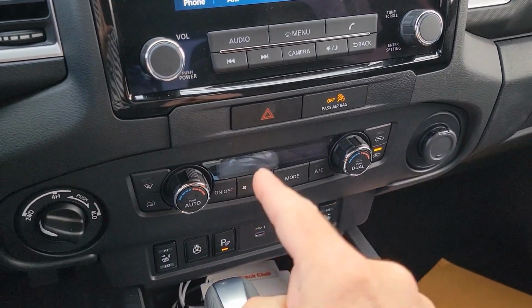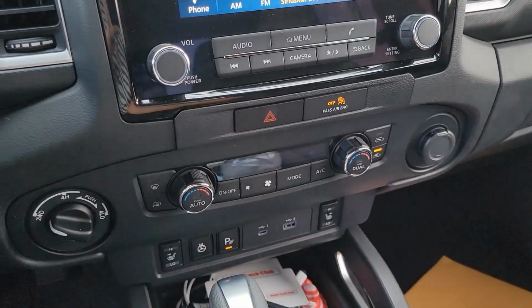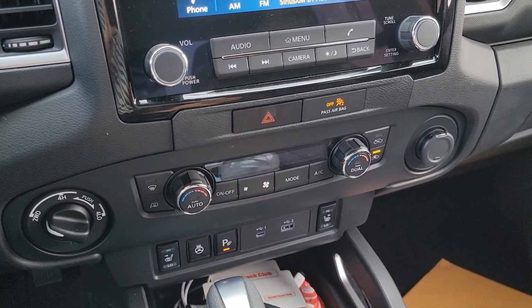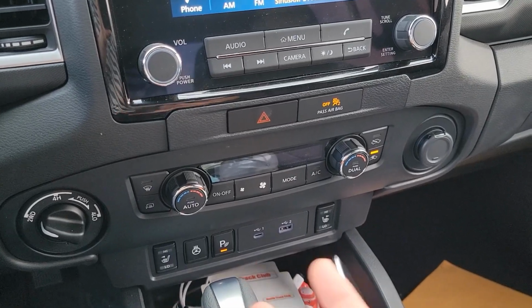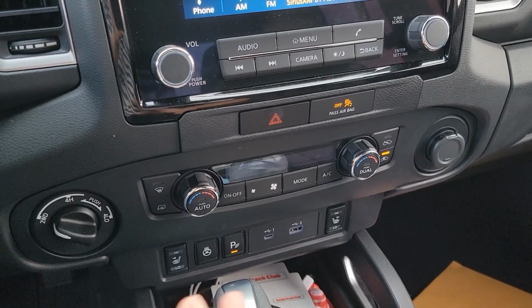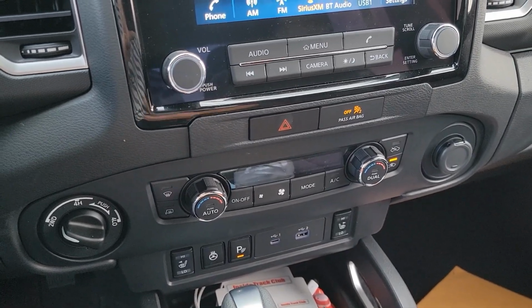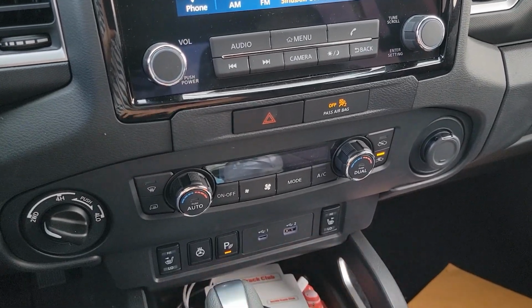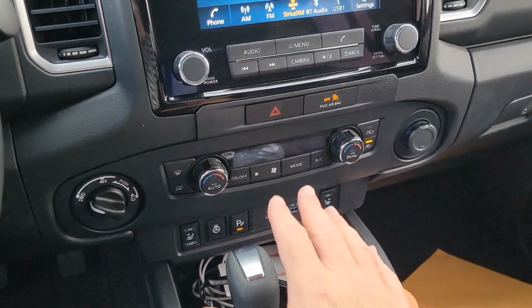But this feature is super awesome, especially when we're not in the summertime. You know, in the fall and in the spring when the temperature changes, it's not regulated, it changes a lot outside during that time of the year. You know, a lot of fluctuation, that's the word I'm looking for. And so when the temperature outside is going up and down so much that time of the year,